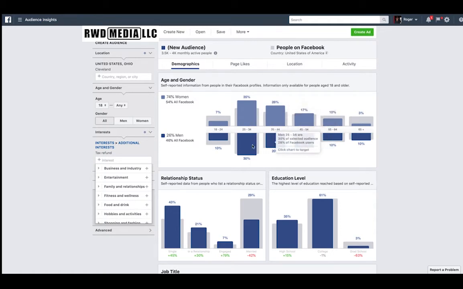And I'd probably even run one later on for men 25 to 34, because what you're doing is you're reaching the people who are specifically interested in tax refunds. And if that's what you're looking to profit off of by preparing people's taxes, that is the perfect audience to shoot for. And the other thing that's really cool about that is you can look at page likes